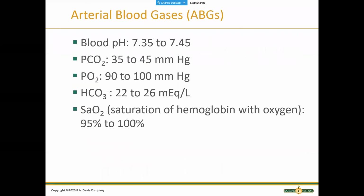I'll go back one slide. To name arterial blood gases, to interpret them, the very first number to look at is the blood pH. If the blood pH is less than 7.35, we have acidosis. So for your ABG quiz in a year or two, you would write down acidosis. If the pH was greater than 7.45, you would write alkalosis. And then the next name